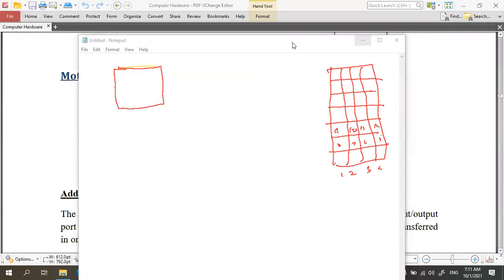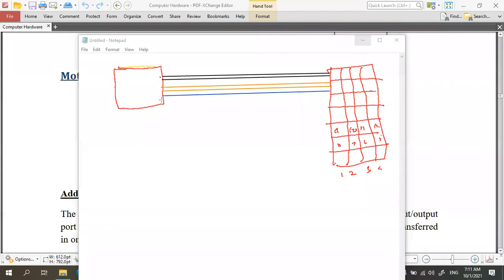Okay. So from the CPU to the RAM, there are three main connections.